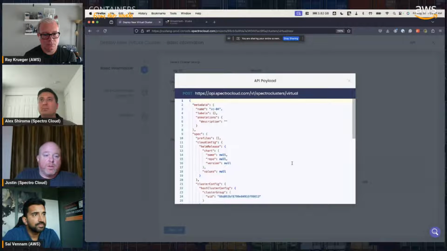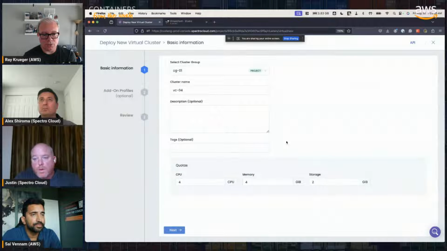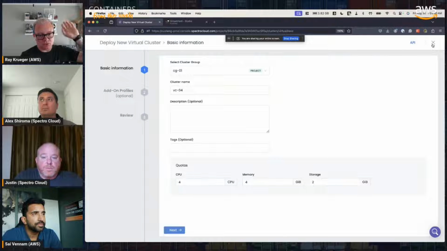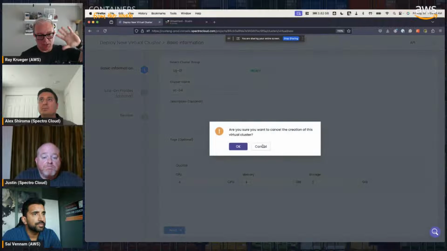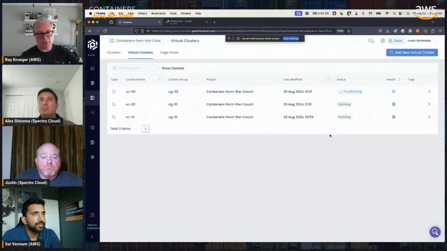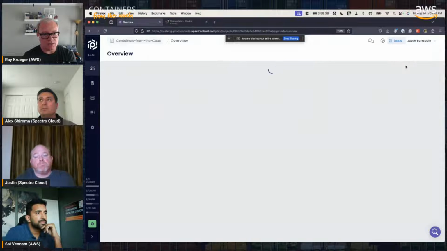And here's the payload that we do if you were going to take this and variabilize it and roll it into your pipeline as you need to. Super cool. Yeah, that's very cool. So you could have a whole pipeline that uses the virtual clusters to do integration testing, as you mentioned, basically deploy everything and then wipe it clean while leveraging the exact same underlying EKS cluster resources.